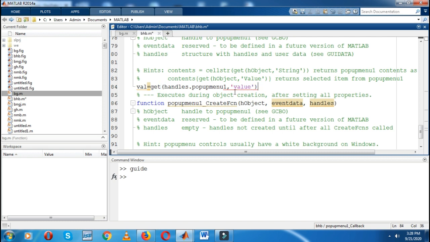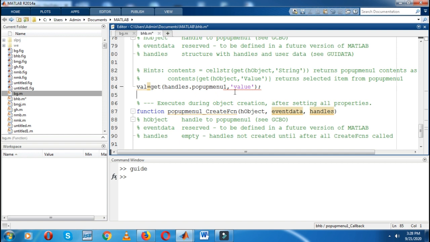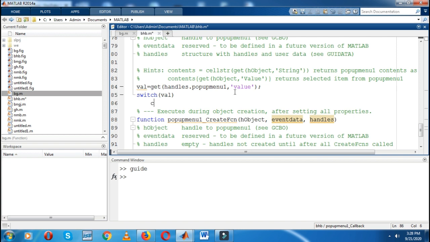Then I will write a switch statement, switch val. Then I will write two cases: case 1 is select, case 2 is unit step.